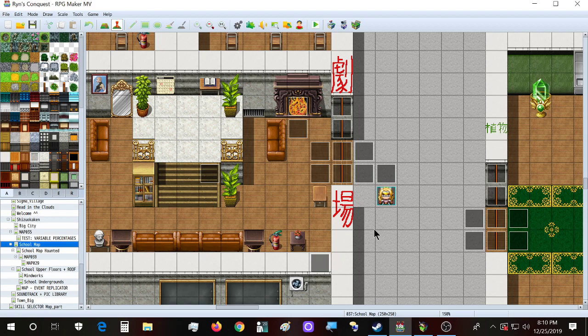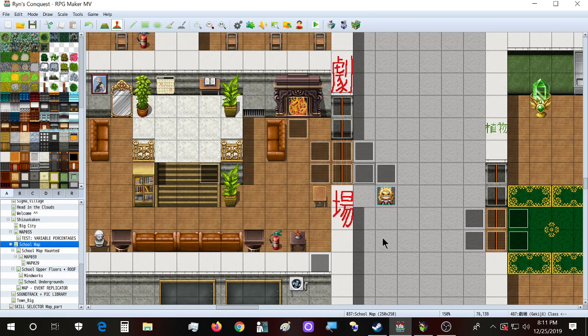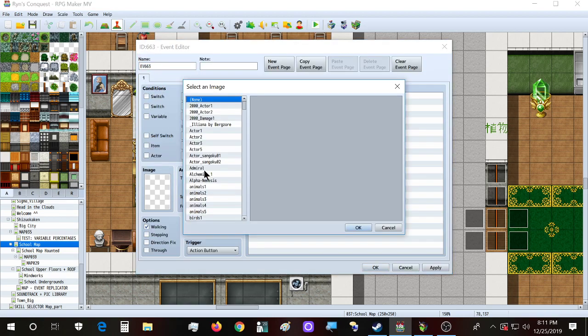So with events, you also have triggers. Actually these are the event types, so keep in mind when you have more pages they are read from the right to the left, except when you have switches and different designations in here. Action button triggers in 2 cases. If you have an event like this on the map, you actually have to step on it and you will use it. If you have switches or buttons, for example, like